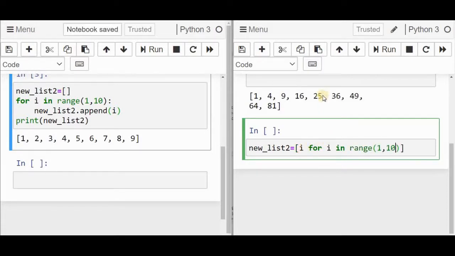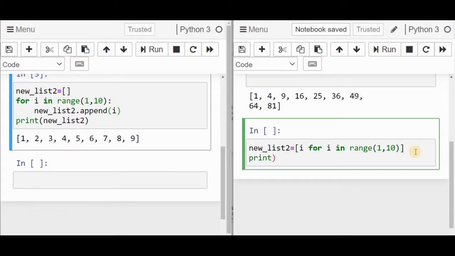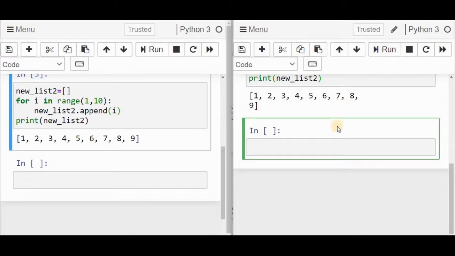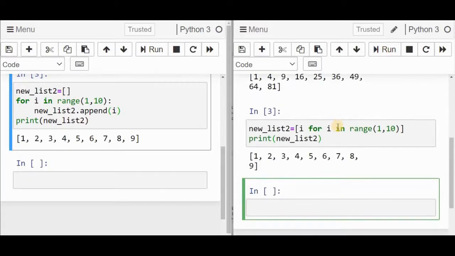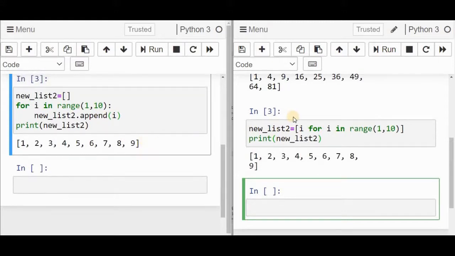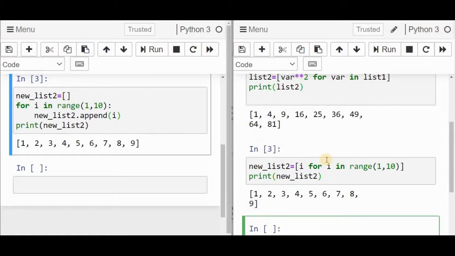That's it. That's the example. See here, 1, 2, 3, 4 lines of code is equivalent to 2 lines of code, which is very simple and more integrated. See, we can see the same result as the result in the first Jupyter notebook. So this is how list comprehension works.